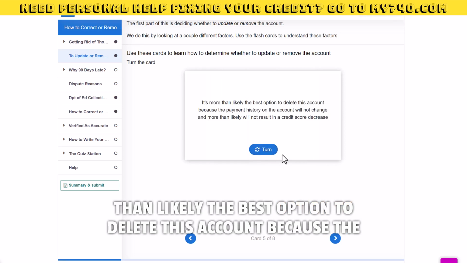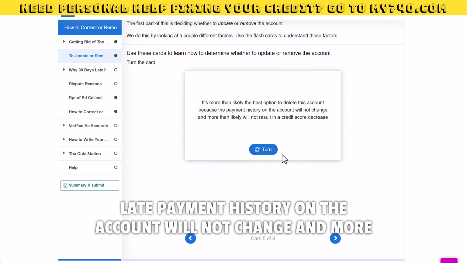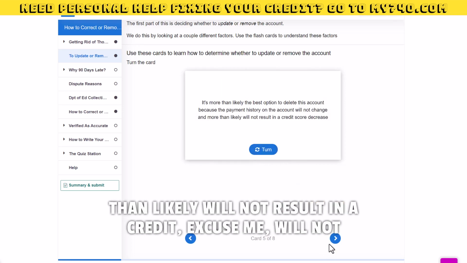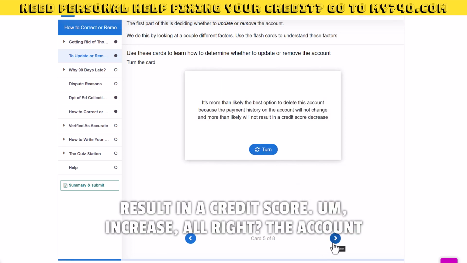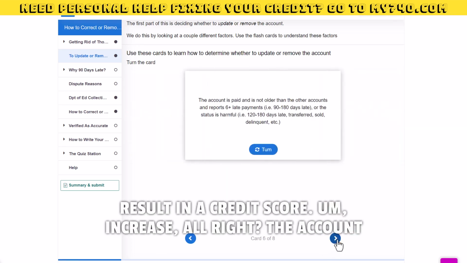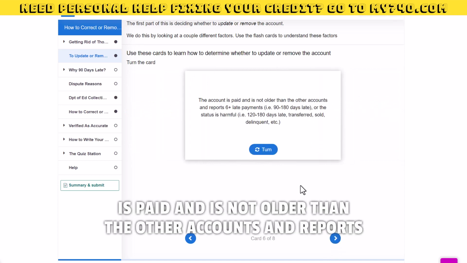So it's more than likely the best option to delete this account, because the late payment history on the account will not change and more than likely will not result in a credit score increase. All right. The account is paid and is not older than the other accounts and reports 6+